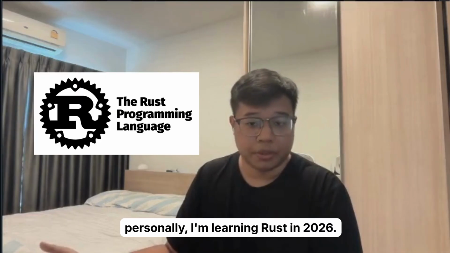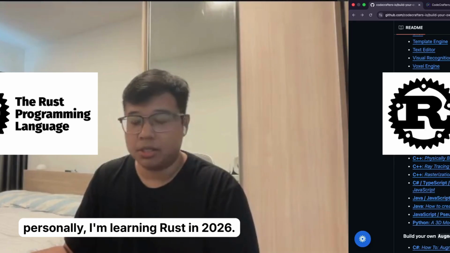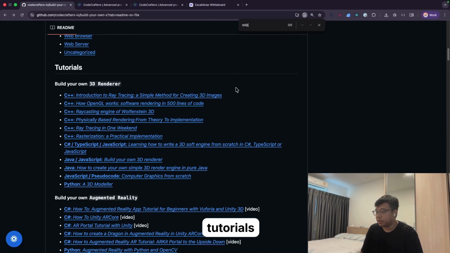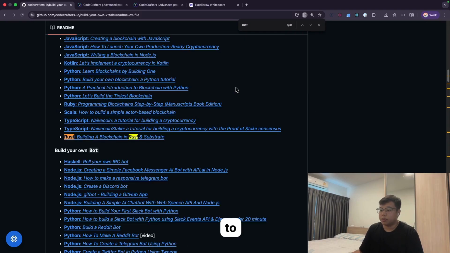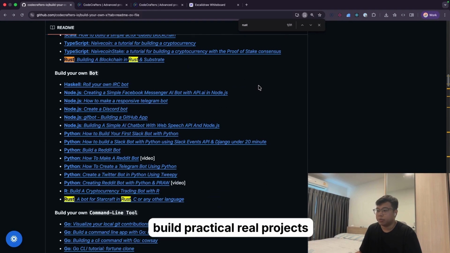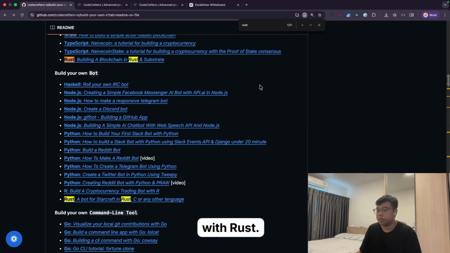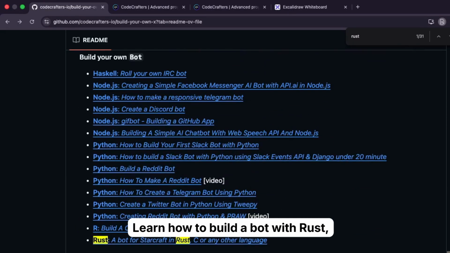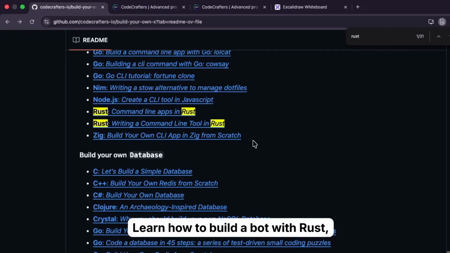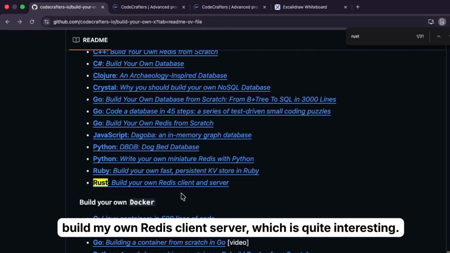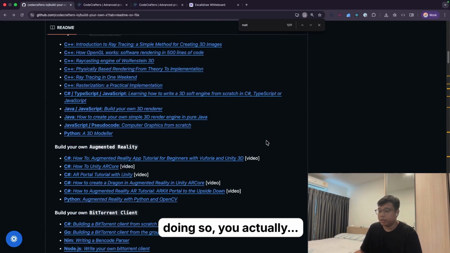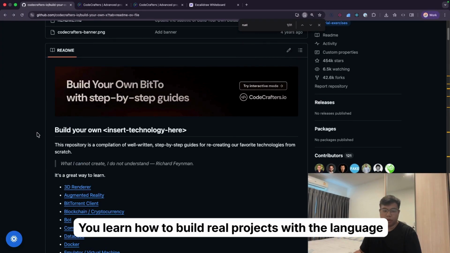So, for example, personally, I'm learning Rust in 2026. In that case, I could find several Rust related tutorials to build practical real projects with Rust. Here, I can learn how to build a blockchain with Rust, which is quite interesting. Learn how to build a bot with Rust, command line apps, build my own Redis client server, which is quite interesting. So, by doing so, you actually learn how to build real projects with the language that you are learning